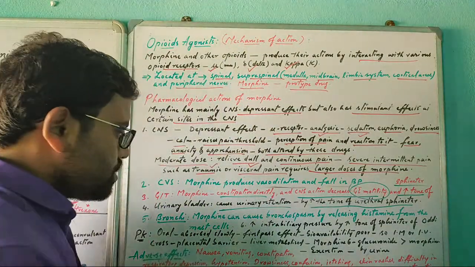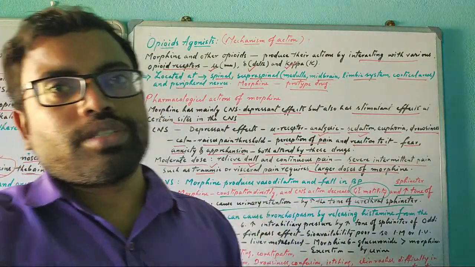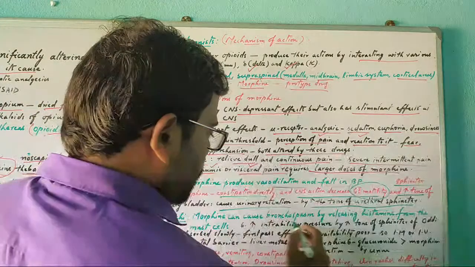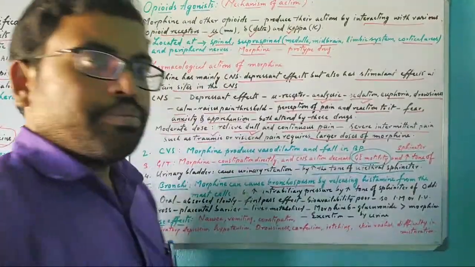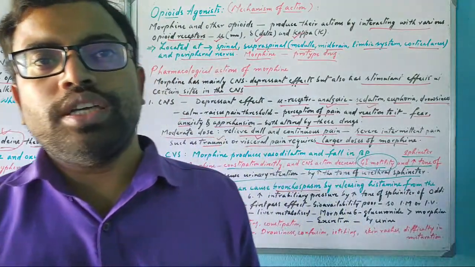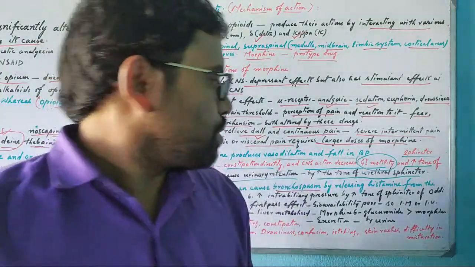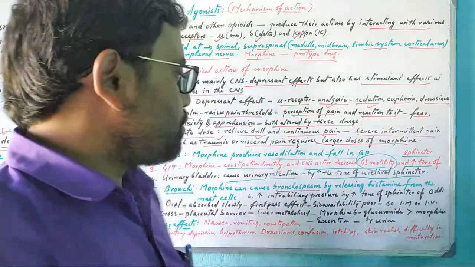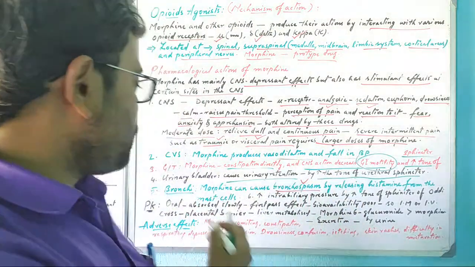Then on the bronchi, meaning the lungs. Whoever has a lung problem like asthma, if they take morphine, it is very dangerous for them. They shouldn't take the morphine drug. Morphine can cause bronchospasm, meaning sudden contraction of the bronchi. What are bronchi? These are the two bifurcated airways of the trachea. So it will cause restriction of the air passages. That's why morphine is dangerous.